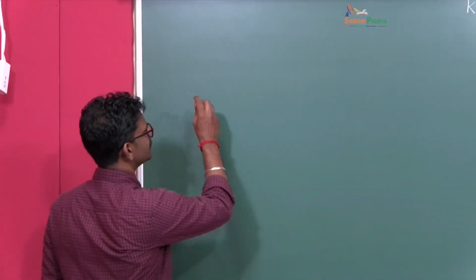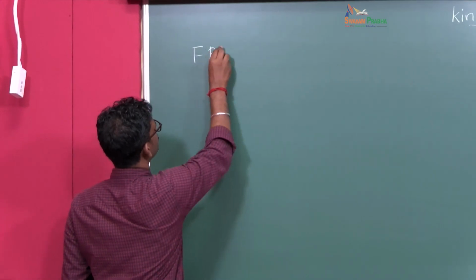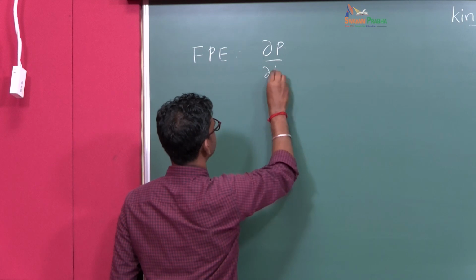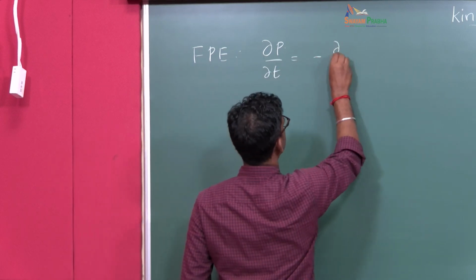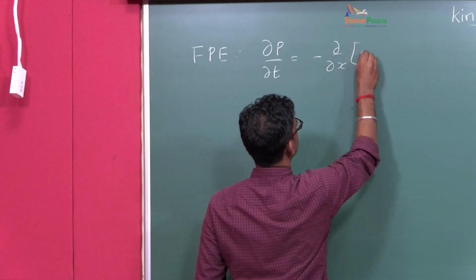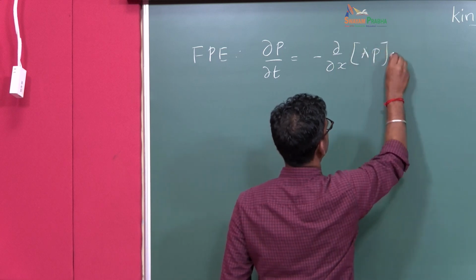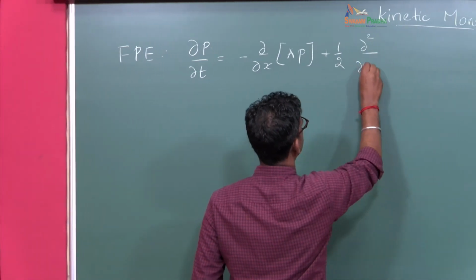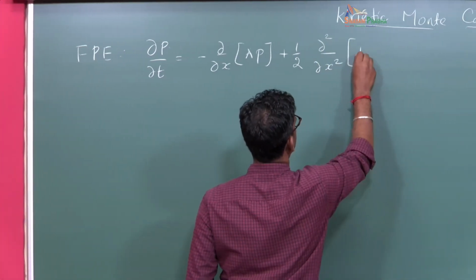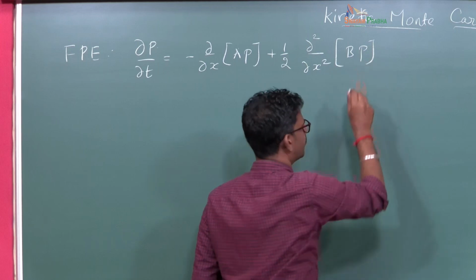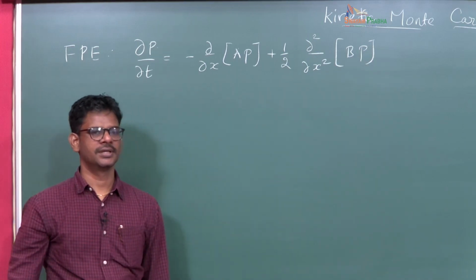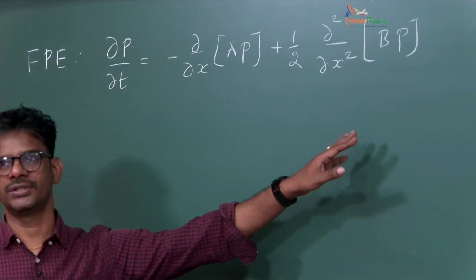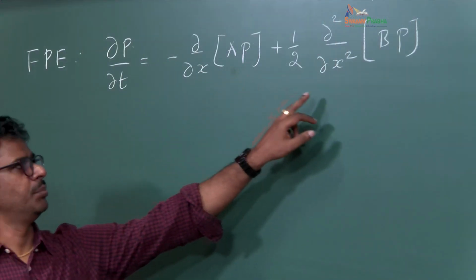So let us consider the Fokker-Planck equation. A continuous Markov process can be described using this Fokker-Planck equation with the characteristic functions A and B